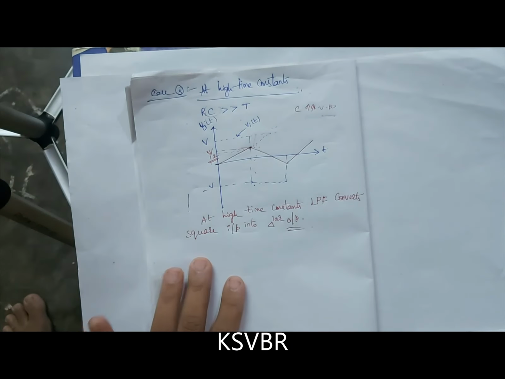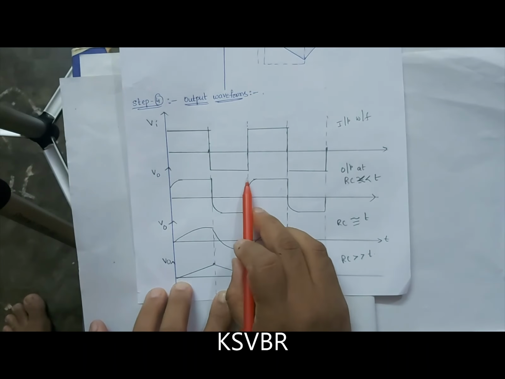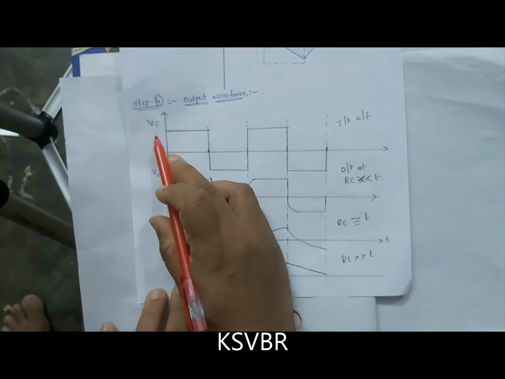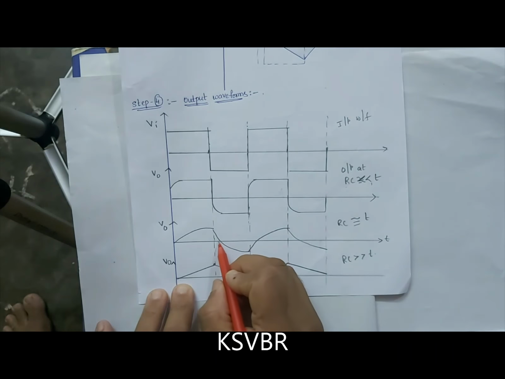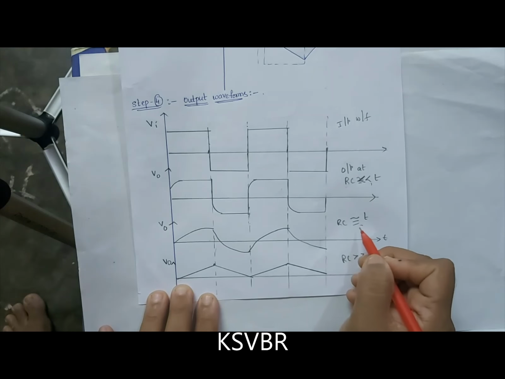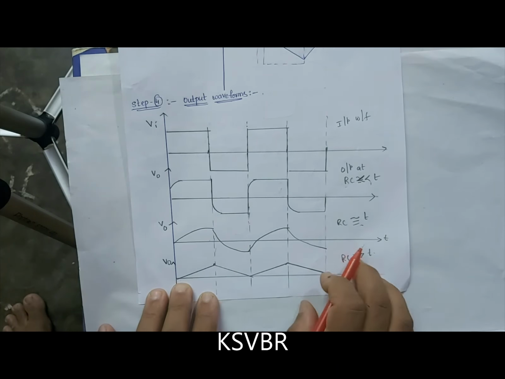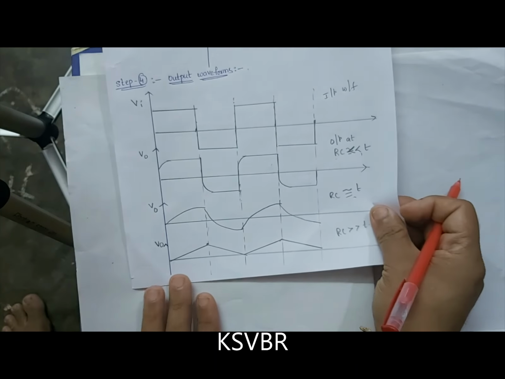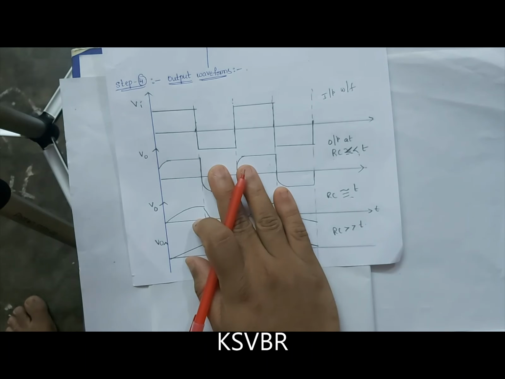This is the step 3 analysis, and step 4 will be our output representation. Output representation we have to do like this. This is our square wave. This is Vi here, and this is V naught output at low time constants, RC less than T. This is V naught output at medium time constants, RC approximately equal to T or RC just less than T. And this is the output waveform for high time constants, RC greater than T. And finally you have to represent like this. Hope you have understood this concept, the response of RC low pass filter to square wave input.